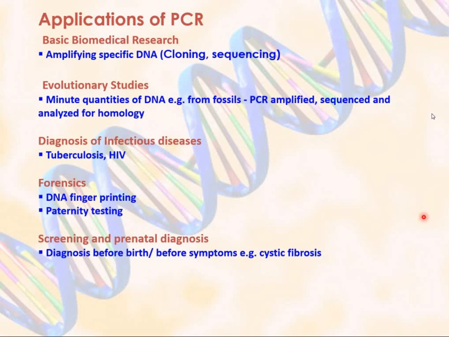Like amniocentesis, which you must have heard of, or chorionic villus sampling. You take the fetal cells, and you can sequence them or even use PCR. So you are using PCR to amplify certain regions and look for certain mutations, whether present or not. So it can be known beforehand whether that child is a carrier or has this mutation.